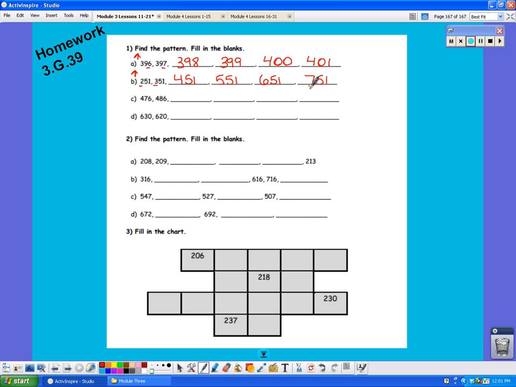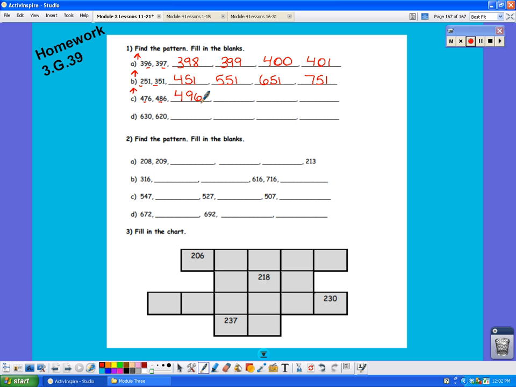476, 486. Oh, looks like we're counting up. And we're counting up by 10s because we have 400s in both numbers and 6 1s in both numbers, but our 10s are different. And we go up from 7 10s to 8 10s. So let's continue counting. 476, 486,